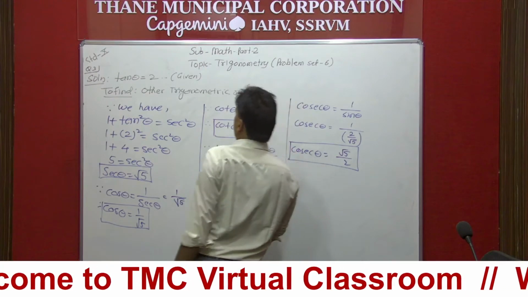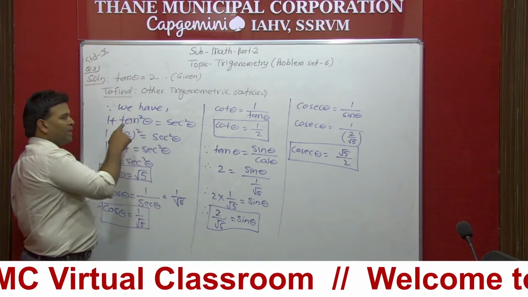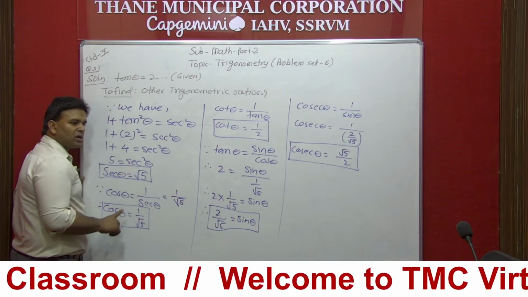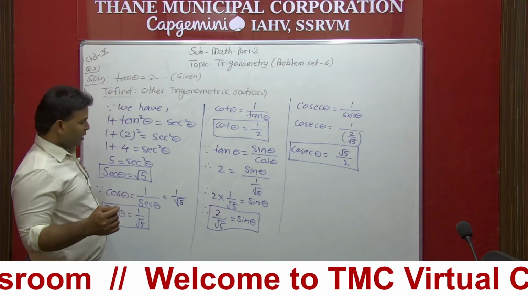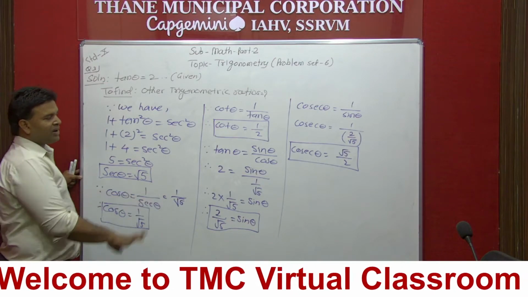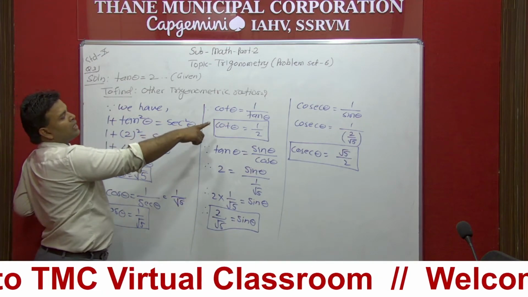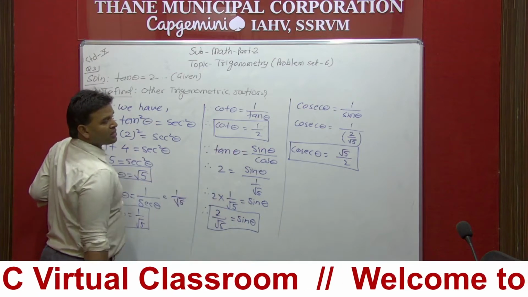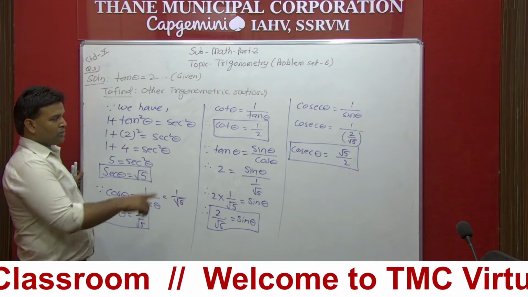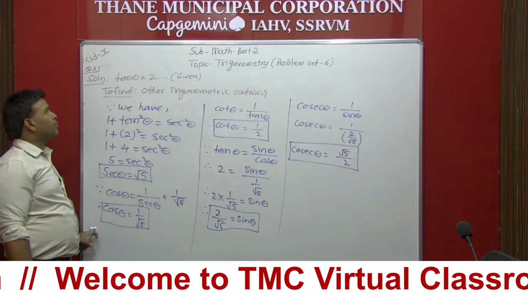Now here I have completed question number 3 on the basis of one of the identities. मैंने सिर्फ एक ही identity use किया. इस question में हम लोग cos अगर find out हुआ था तो sin find out कर सकते थे with the help of the identity sin square theta plus cos square theta is equal to 1. उसके basis पे भी हम लोग sin find out कर सकते थे. Now here cot हम लोग ने find out किया. Cot के basis पे हम लोग cosec find out कर सकते थे with the help of the identity 1 plus cot square theta is equal to cosec square theta. तो वैसे भी हम लोग find out कर सकते थे. Here we have completed question number 3.